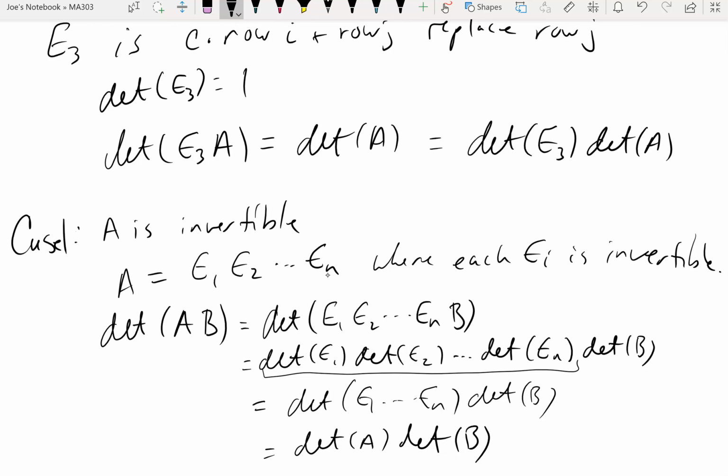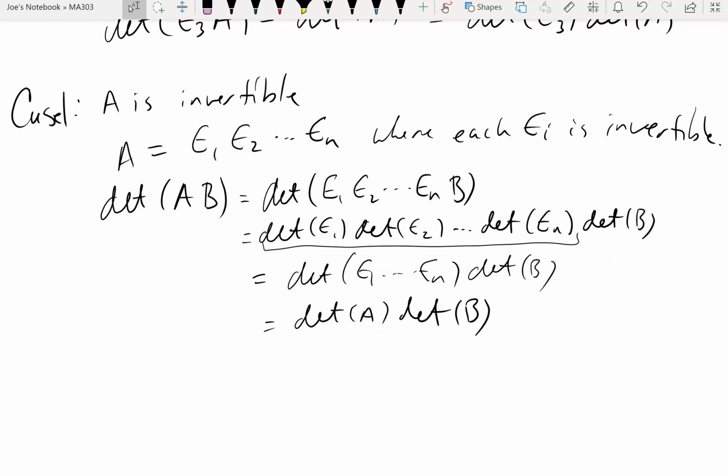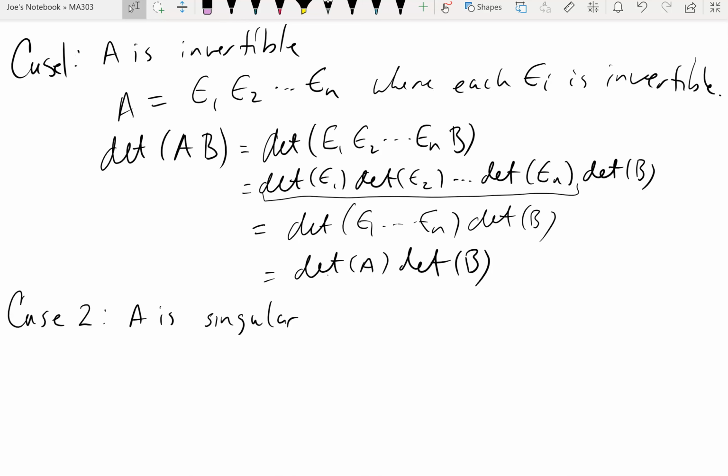Okay, so, whoops, wrong spot. So what did we just show here? We said that if A is invertible, what happened to the determinant function? It can distribute over any product that we have, right? I said that was case 1, so better have a case 2. So case 2 is where A is not invertible, or A is singular. Okay. If A is singular,